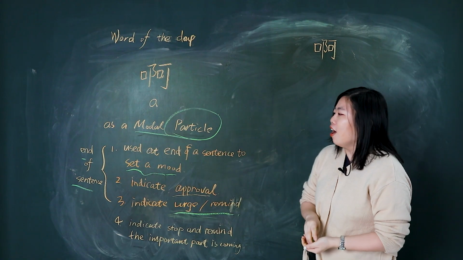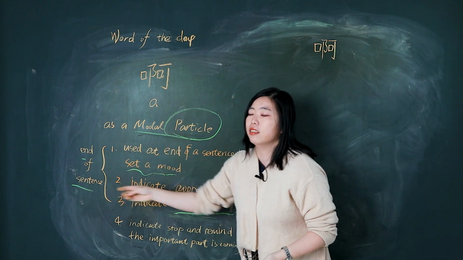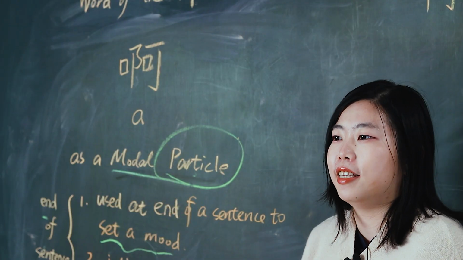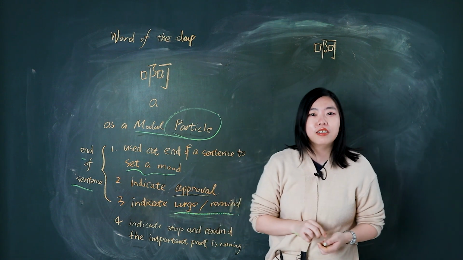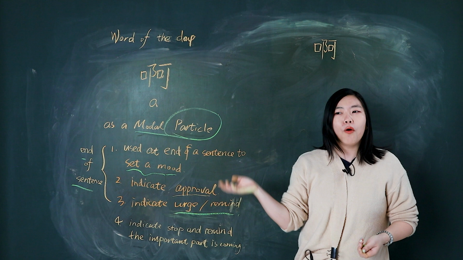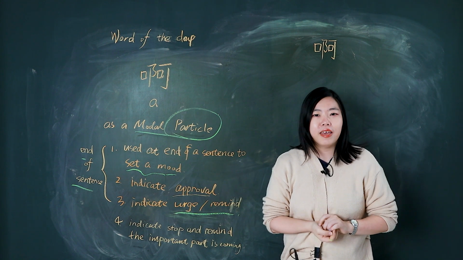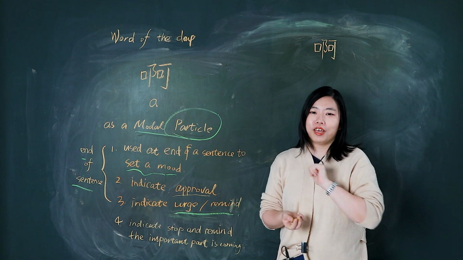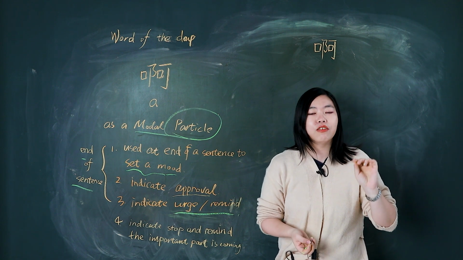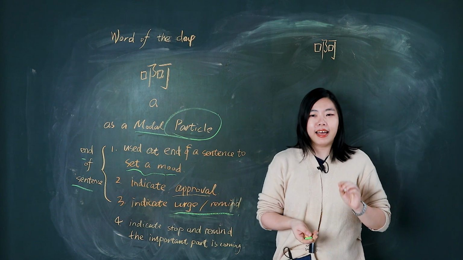Very good. Okay, but sometimes it is not used at the end of a sentence. Sometimes it is used in the middle of the sentence. So it indicates a stop and tells you the important thing is coming. So if you go listen to some leader making a speech, they always say, 下面啊, 我们来说一件事. So they say, following, we are going to talk about something. So here, they just have a stop and give you a chance to have a rest,